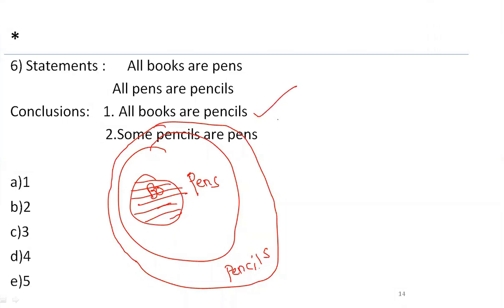Next, the second one. Some pencils are pens. All the pens are inside pencils, right? I told you already, some pencils are pens means they just want to tell that there is some relation or some intersection or some connection between pens and pencils. Absolutely, there is some connection between the pens and pencils circle. So some pencils are pens, correct. So both the conclusions are true. That means you need to mark for 3. 3 is given for C. Again, it is